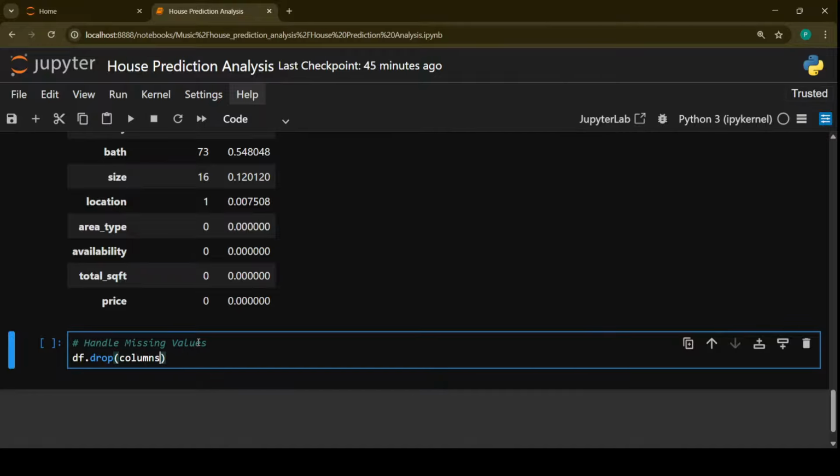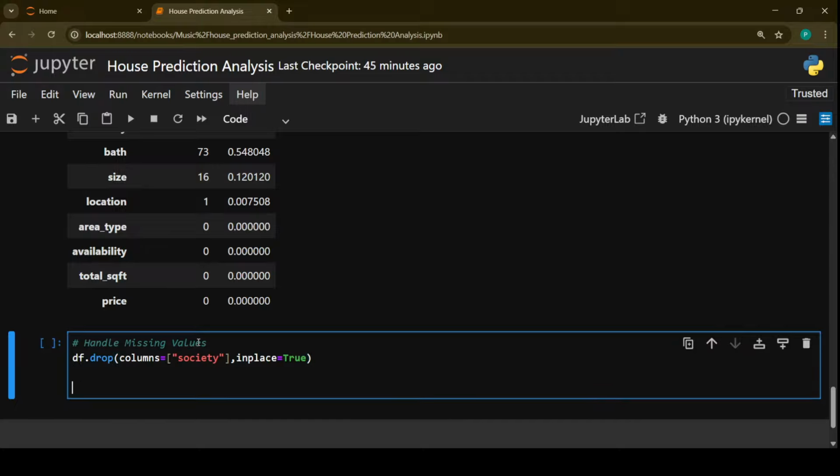So let's first start by dropping the column society, and then